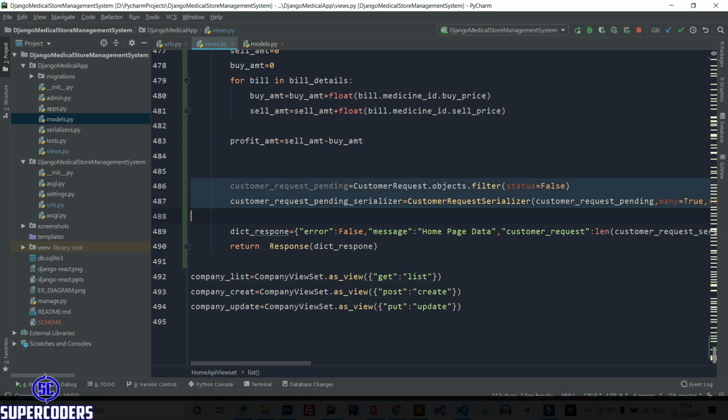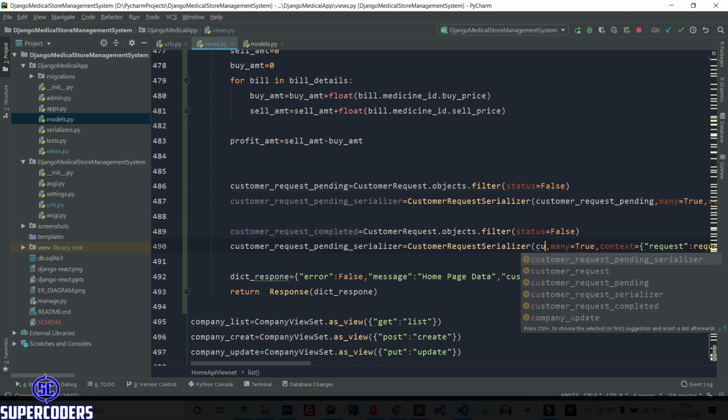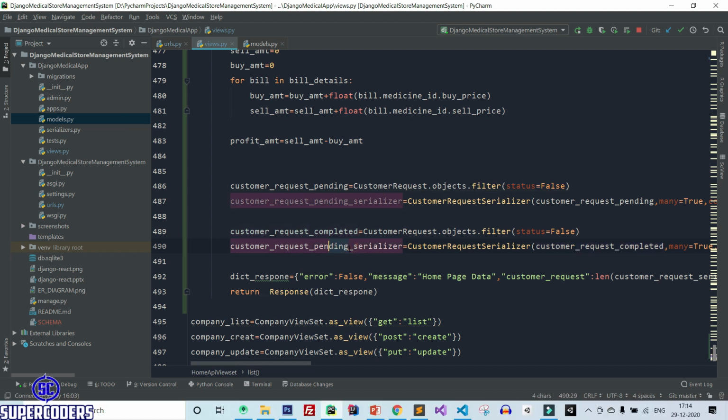Let's copy it again, paste it. This time I am using it for completed. So customer request completed, and here change it to completed.